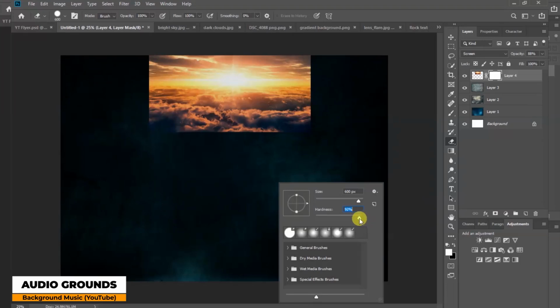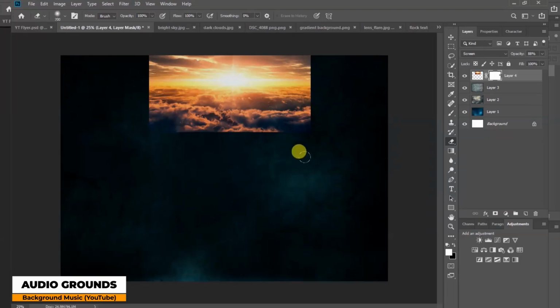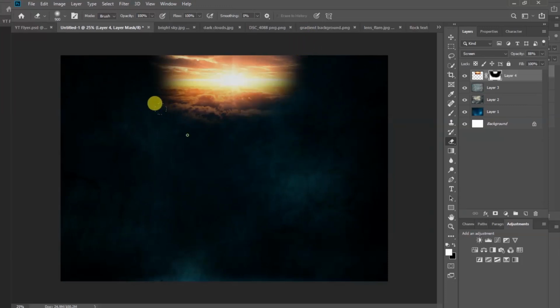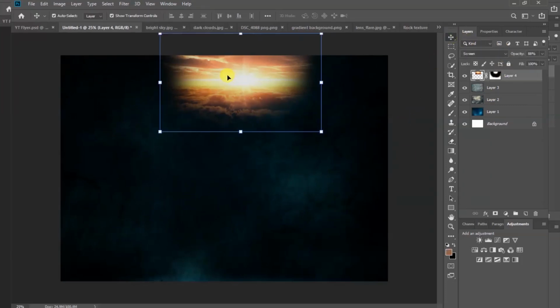Now reduce the hardness to 0. We want it to blend into the background smoothly. Okay,